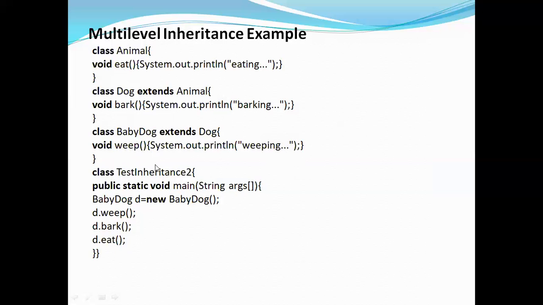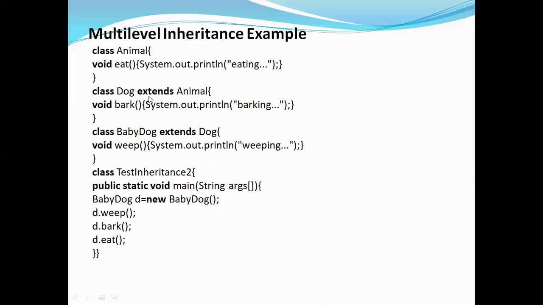Now I'm taking another class, in which I'm writing the main method and creating the object for the C class, that is the BabyDog class. The object is d. Using this object, I can call the method of BabyDog and I can call the method of Dog. Here, d dot weep and d dot bark.